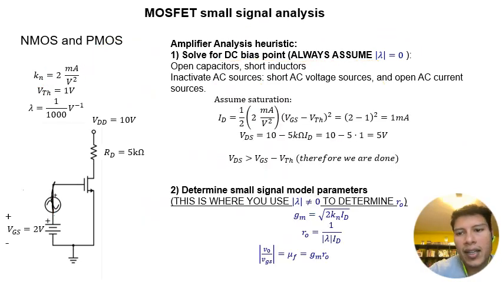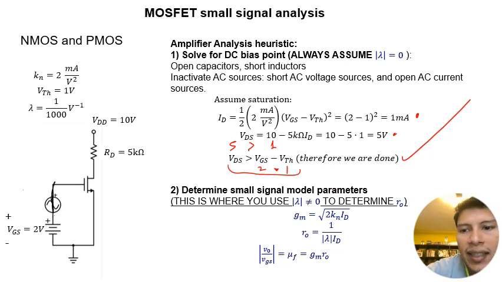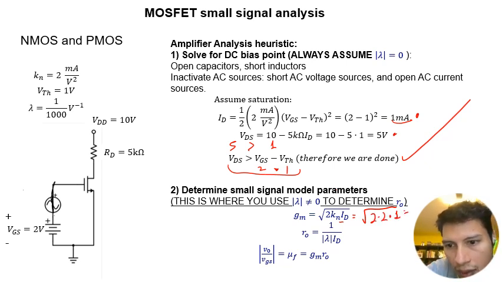Okay, so here I rewrote the math. We got 1 milliamp for ID, we got 5 volts for VDS, and VDS is indeed greater than VGS minus V threshold, because this is 2 minus 1, which is 1, and this is 5, which is greater than 1. So we are in saturation. Cool. Now we're just simply going to use this ID that we calculated and use it to determine gm. So we have the square root of 2 times 1, which is going to give us 2